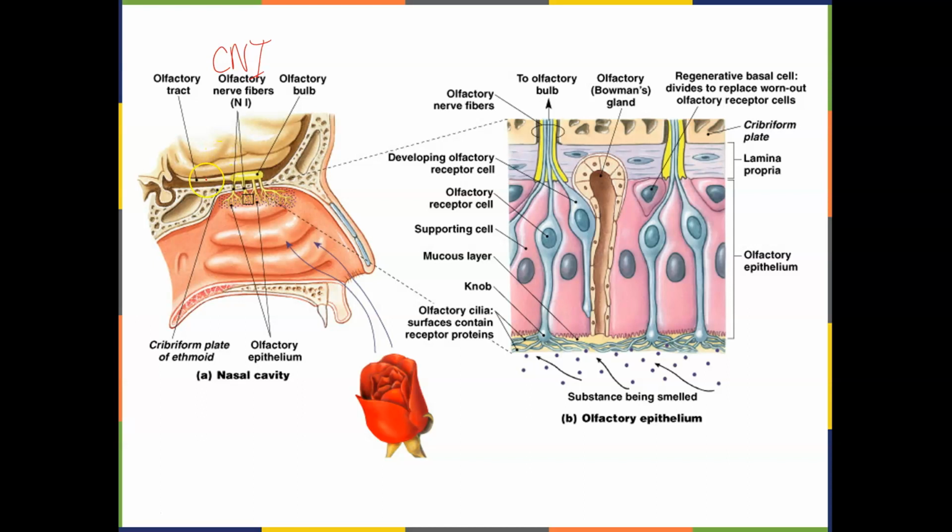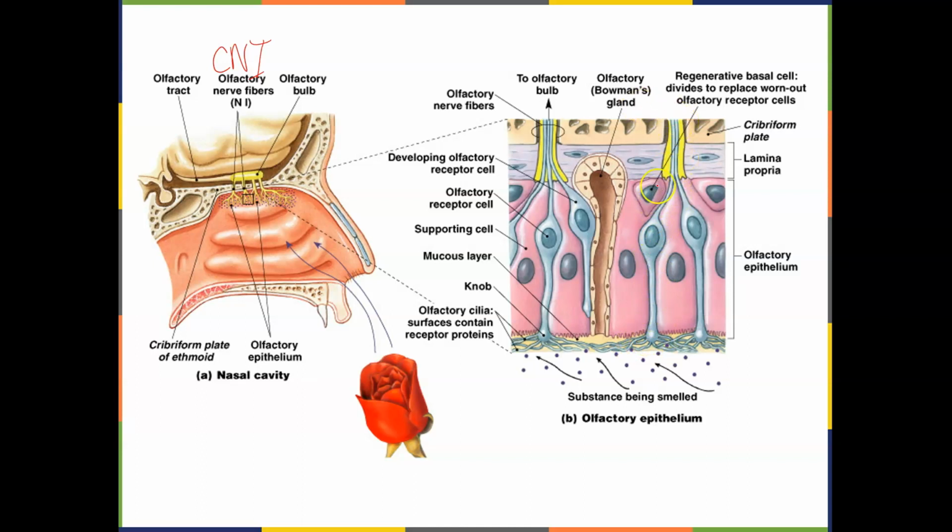The olfactory tract extends back into the brain from the olfactory bulb. Now, the olfactory epithelium is up above. Recognize these things? The concha, right? And so what do these look like when you blow up the olfactory epithelium? Right here is an olfactory receptor cell. These are the cells that get replaced through these regenerative basal cells or stem cells. As these olfactory neurons die for whatever reason, right, you would lose that sense of smell from that neuron